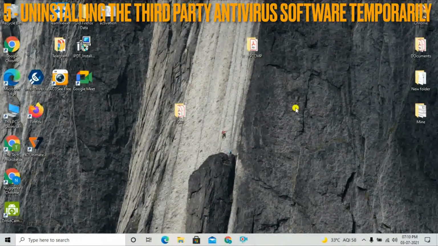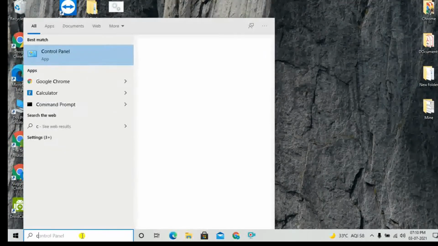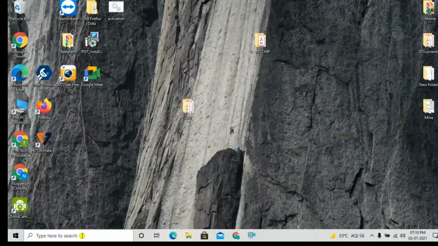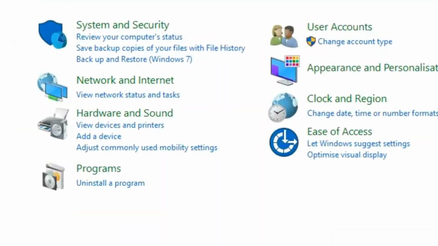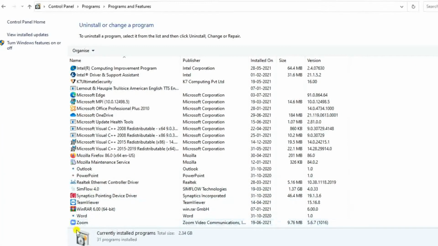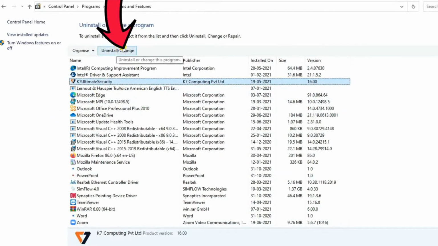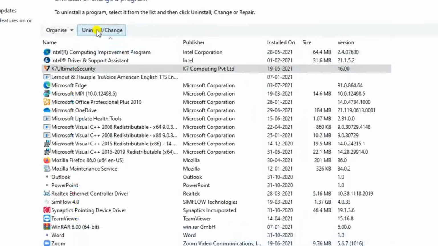Now let's see the final and fifth step, that is removing or uninstalling your third-party antivirus software temporarily. Search Control Panel, and in uninstall a program, choose the antivirus software and click uninstall or change.